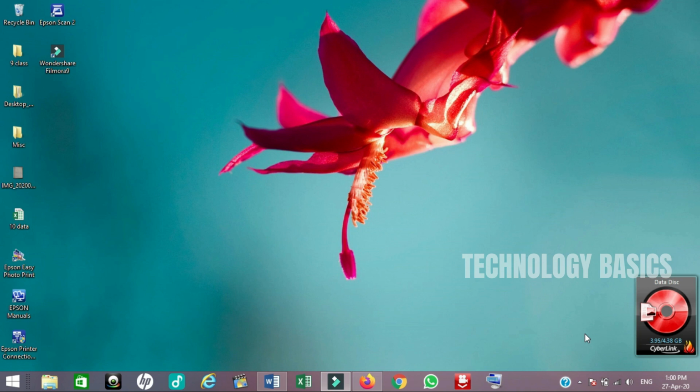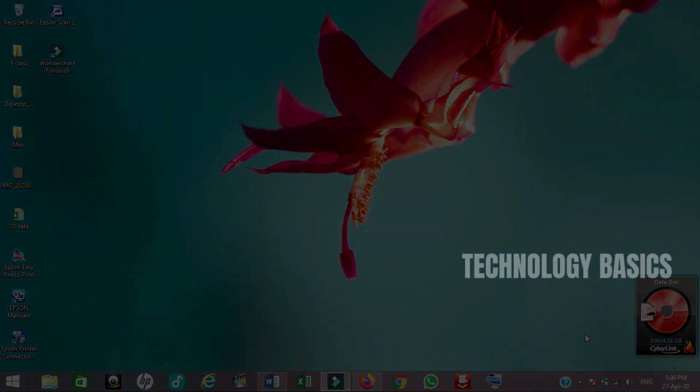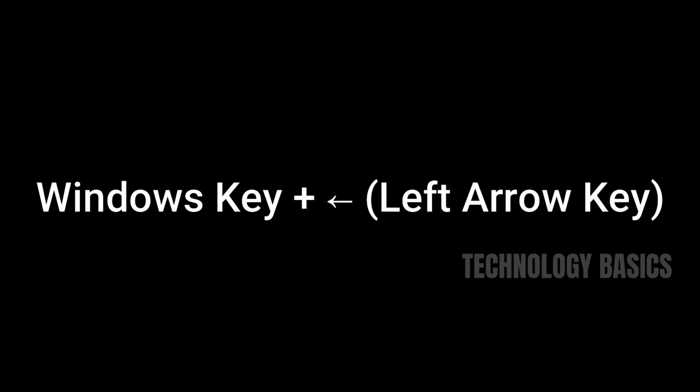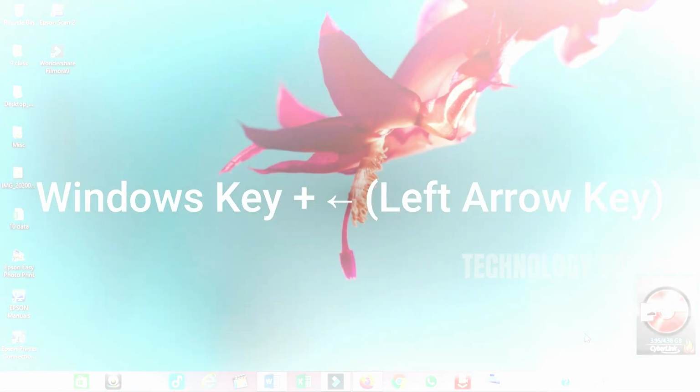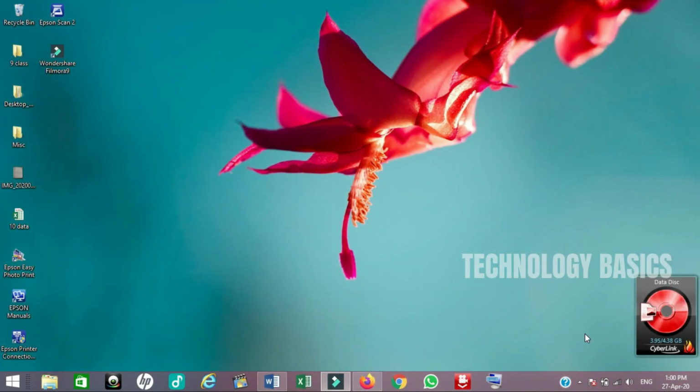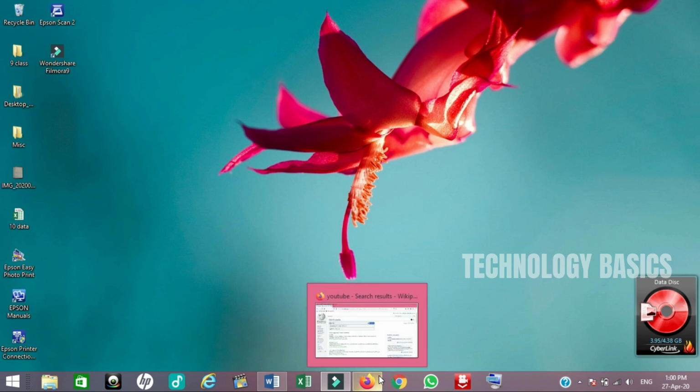Just open the window and press Windows key plus left arrow key. It will assign the left half of the screen, and press Windows key plus right arrow key. It will assign the remaining half screen to the right side. You can see the same on the screen.